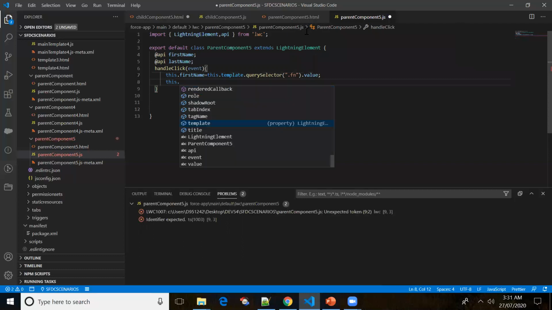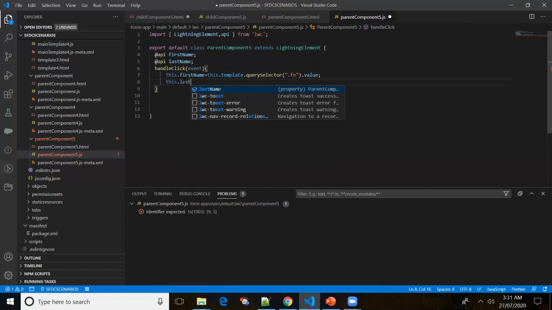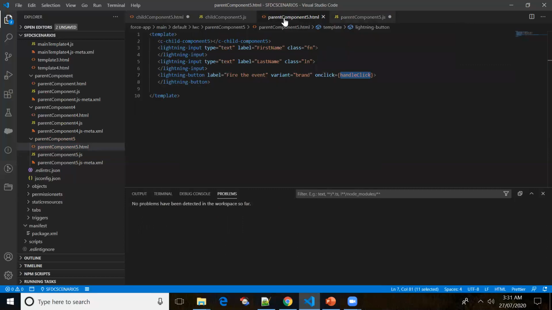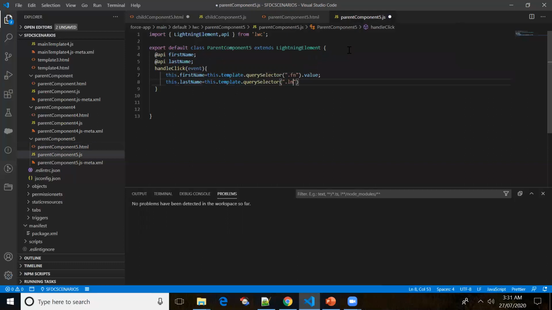If you want to refer to the second variable, then we have to make use of this property, this dot template dot query selector. What was the second class of the second input field? ln. So we will be getting the value, dot ln dot value.